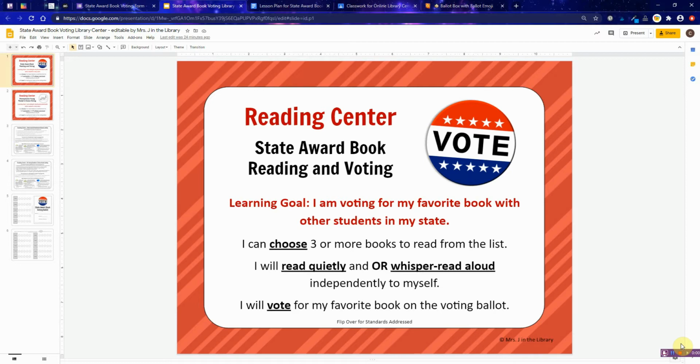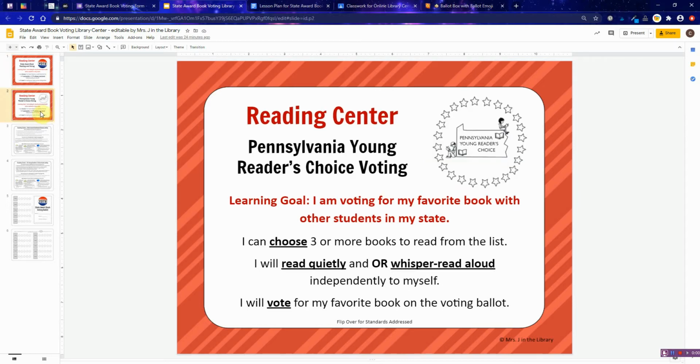So this is a preview of what's also included in this product. This is what the center looks like. It is available as a PowerPoint file or in Google Slides, and this is the Google Slides section. There's a section that's more generic for any U.S. state or any program that involves a list of books and students voting on it. And then I do have a Pennsylvania specific one since that's the state that I'm from. So I just used an example of our Young Reader's Choice as the name of our contest, and I used